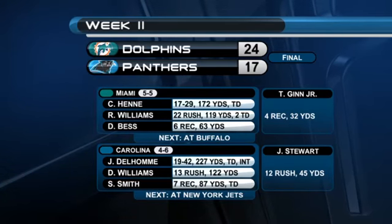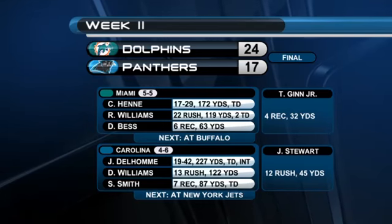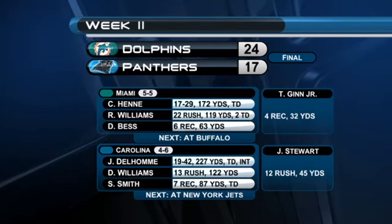Carolina had a similar opportunity tonight, could not do it, as Jake Delhomme hummed it around the yard for 42 attempts. That's the second most attempts on the